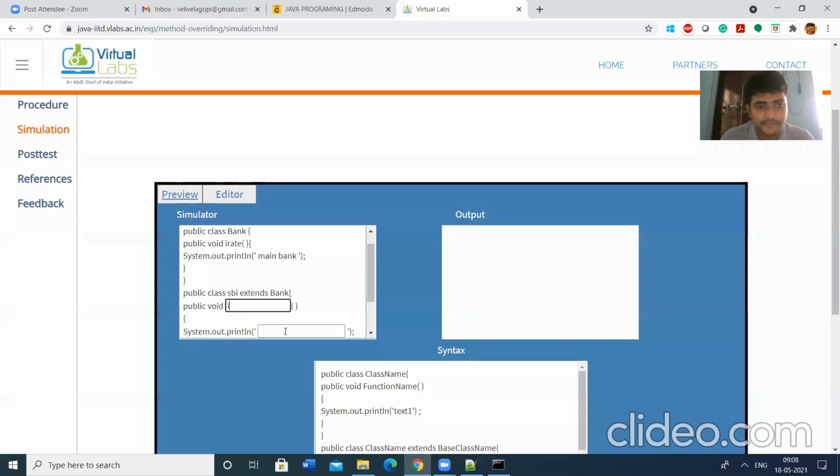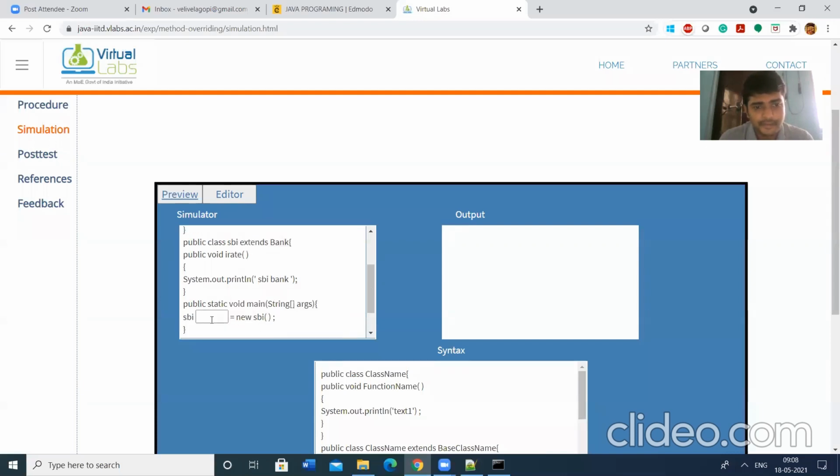I am displaying SBI Bank. Next, I am creating one object, s, of SBI. I am going to call the method irate. Next, execute. So the output is SBI Bank.